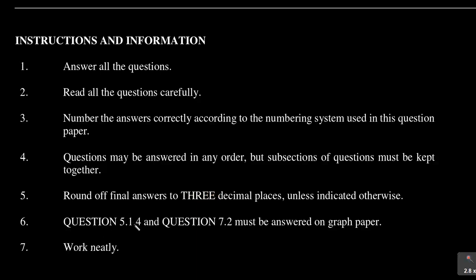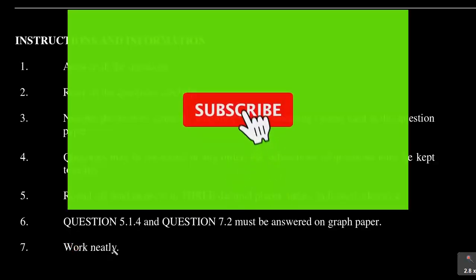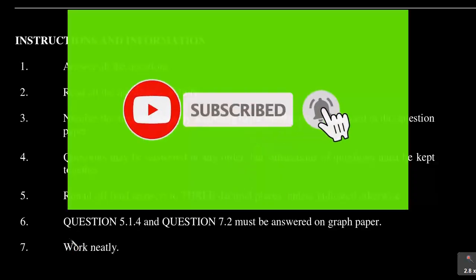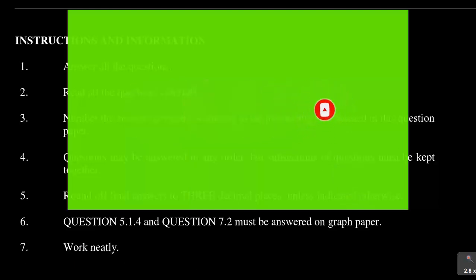And then it says question 5.1.4 and question 7.2 must be answered on the graph paper. We will see that as we go through this revision. And then the last one says you need to work neatly. It is also important because work that is untidy can actually lead you being penalized of some marks. Now let us move on and look at the first question,